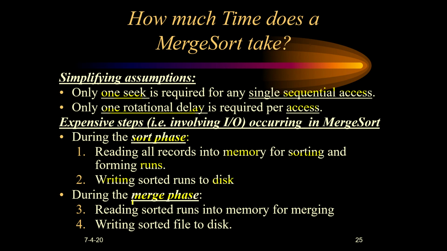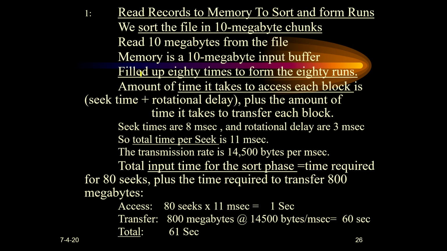Then comes the third step, in the merge phase. In the merge phase we have two steps: reading the runs from the disk into the memory, and these runs are given to the merging as input. Once it is given for the merging phase as input, the next step is writing. The merged data needs to be written to the disk. So that is the fourth step, writing the data into the disk. So these are the main four steps. We'll see each one so that we understand the algorithm. So the first step, as I have already explained, is reading the data from